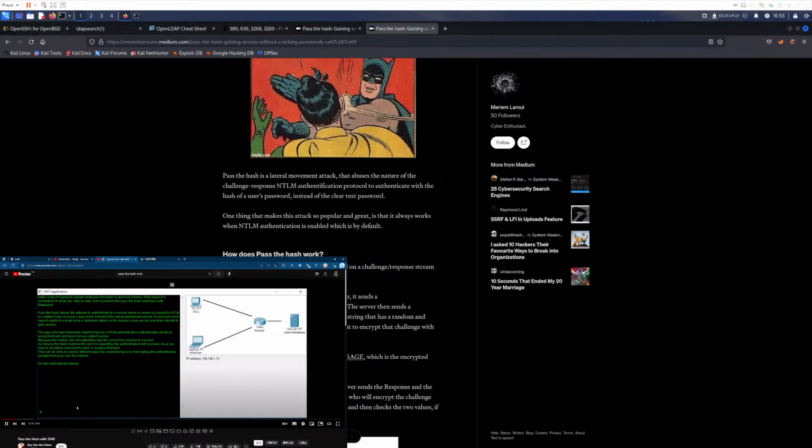At the end of a simulation, I'll show you, step by step, how to perform the pass the hash technique with Metasploit. Pass the hash allows